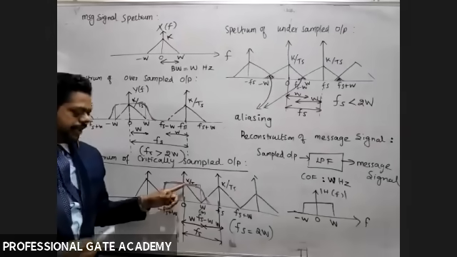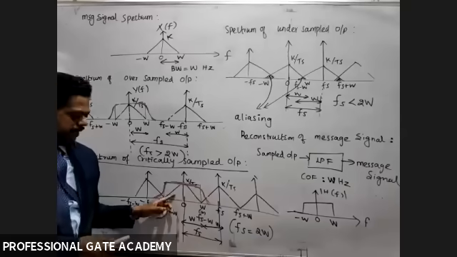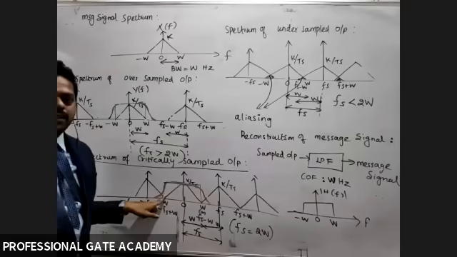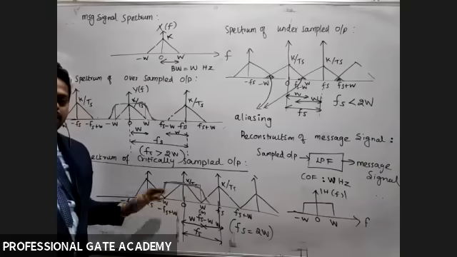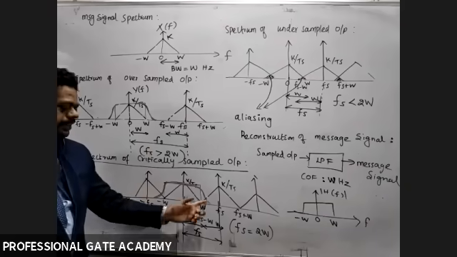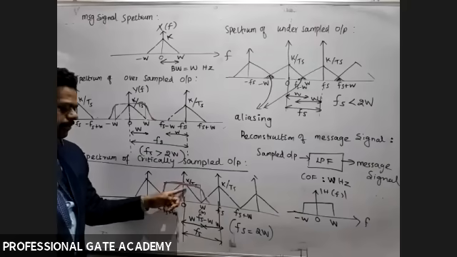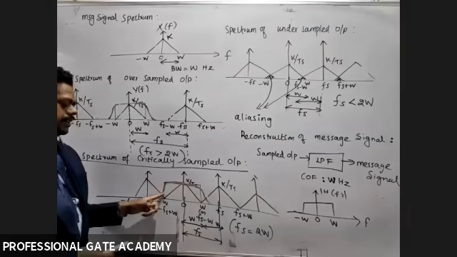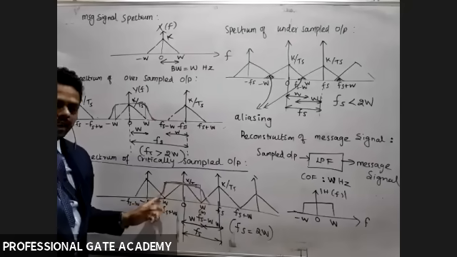The output of a practical low pass filter also has the adjacent spectral components. But we need only the message signal component. These components are unwanted components, and unwanted components are called noise components. In a signal, if unwanted frequencies are present, those frequencies are called noise. In the output of a practical low pass filter, including the message signal, adjacent spectral components are also present. That is the unwanted component, so unwanted component is noise.